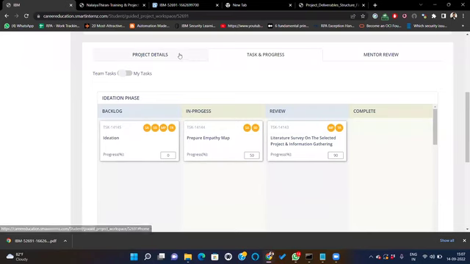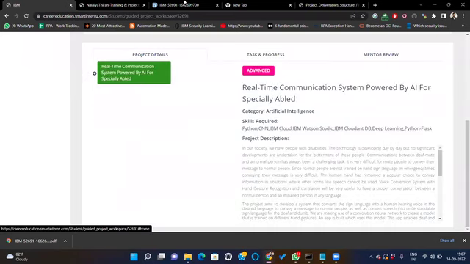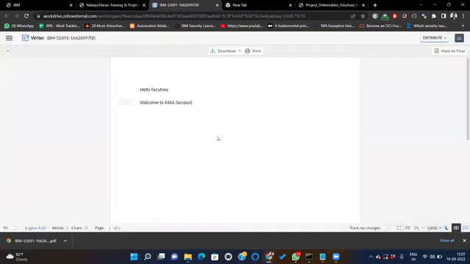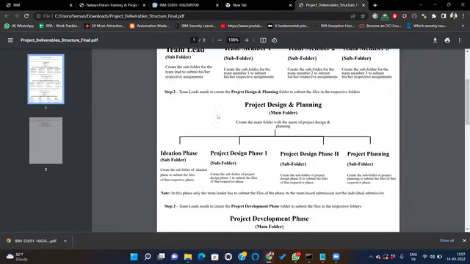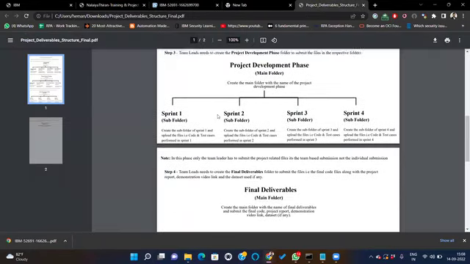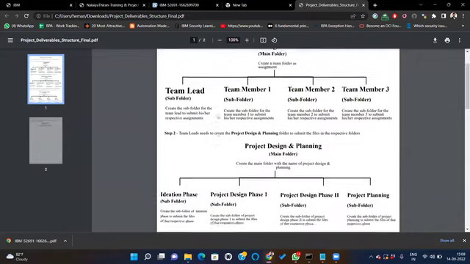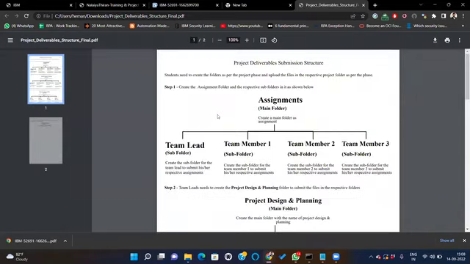Also, on the project structure, I've shown you some structure, right, ma'am? Dear faculties, this is the structure we have to follow in submitting the project deliverables for this project. So thank you. Thanks for attending and for giving your time. Hope you have a good day ahead.